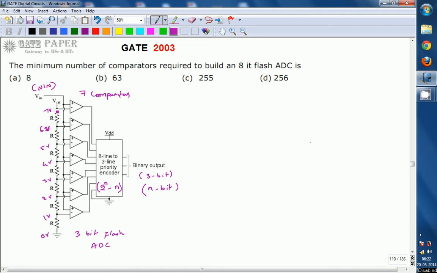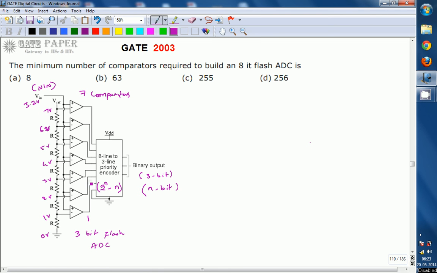So depending on the reference voltage, let us assume you are applying the input signal as 3.2 volts. At that time, what will be the binary output you will get? 3.2 volts is, for the first comparator, the lowest comparator, higher. V input is higher, that is logic 1 is going to be output. The non-inverting terminal is dominating, that is the positive voltage is dominating, so the output will be 1.